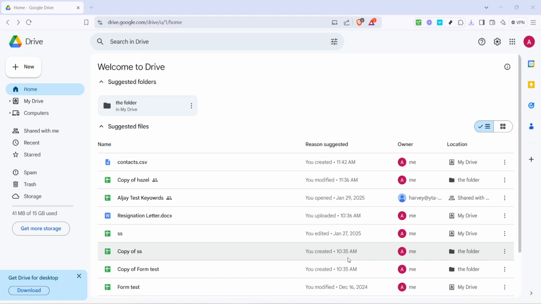In today's video, I'm going to teach you how to hide or lock a file on Google Drive. This is a great skill to have when you want to keep certain documents private while still enjoying the convenience of cloud storage. So let's dive in and get started on how you can easily manage the visibility and security